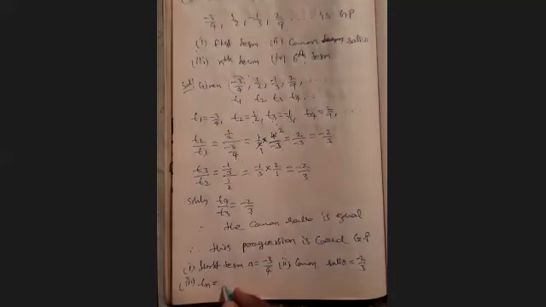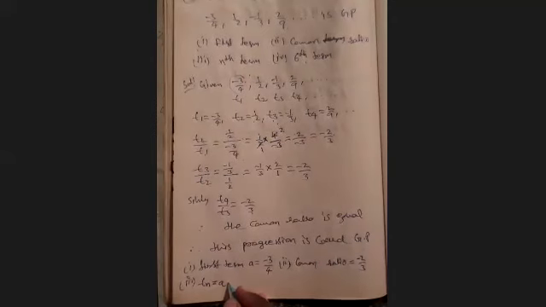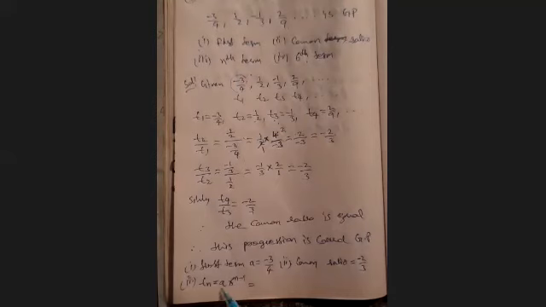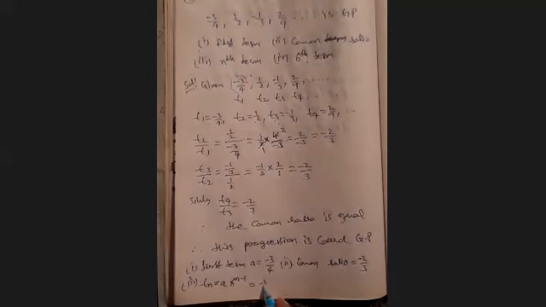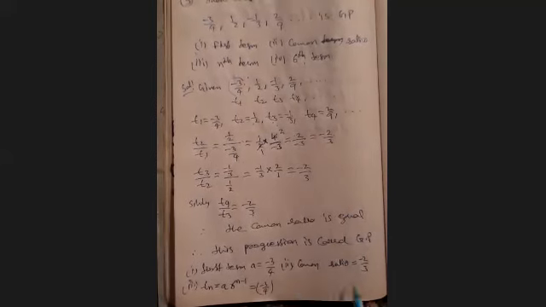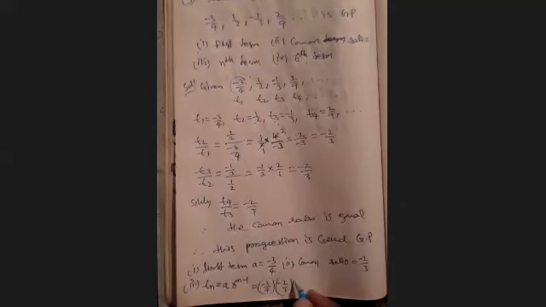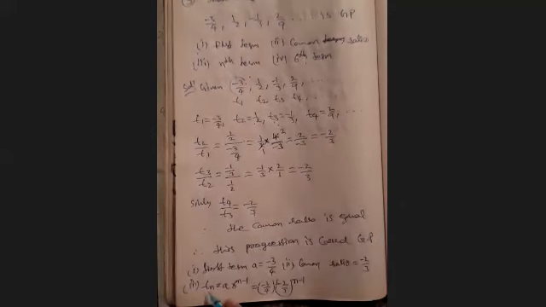Sir, T n is equal to A r power n minus 1. This is the nth term, but we have A value and we have R value. I am substituting. A is what? -3/4 into R is what? -2/3 whole power n minus 1. This is nth term. And also we have to find the last what?